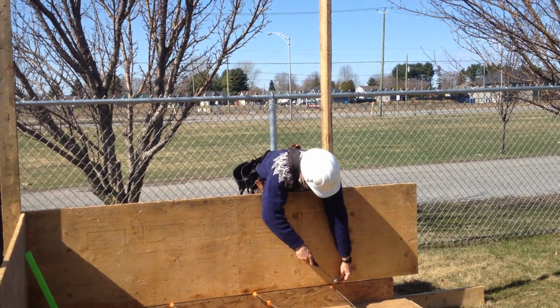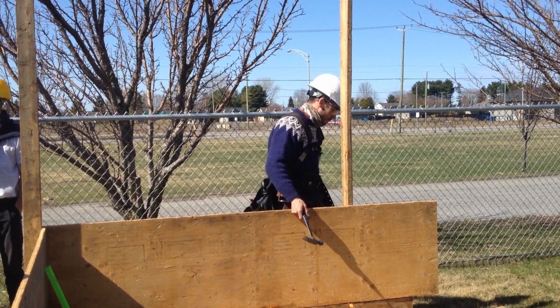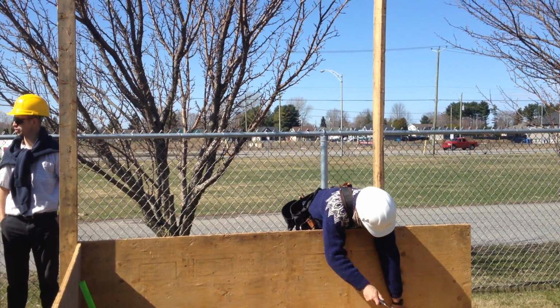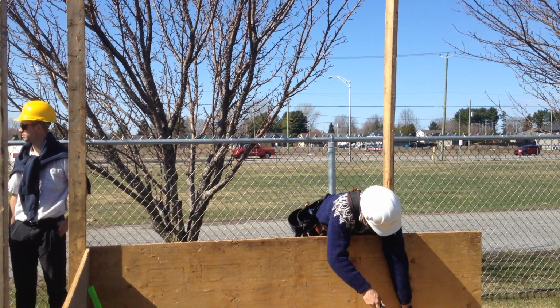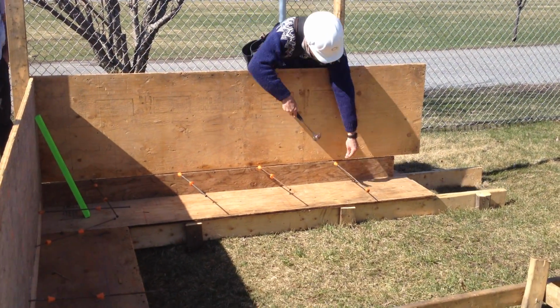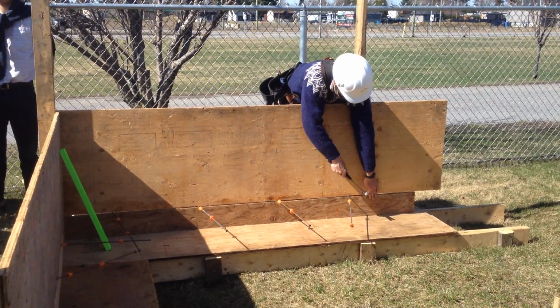Then we go straight down. Hold that piece of wood. So, okay, hold on a sec, I'm almost done. Okay,